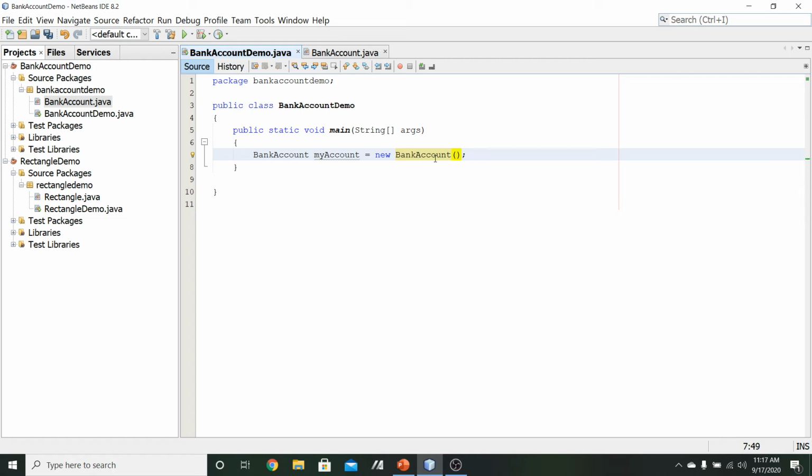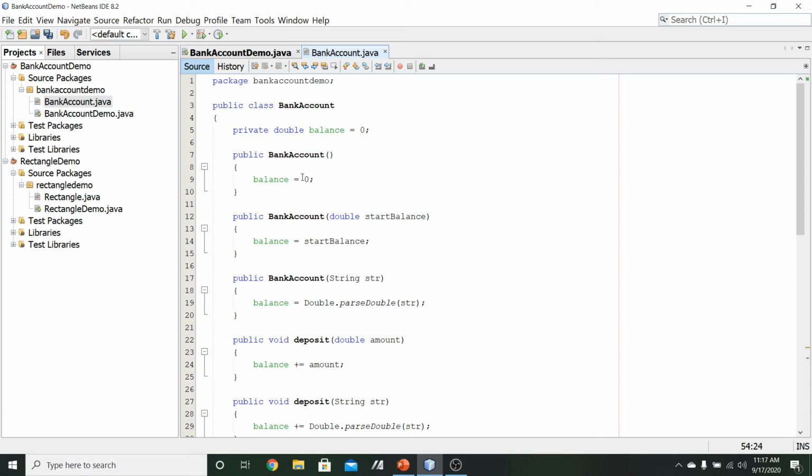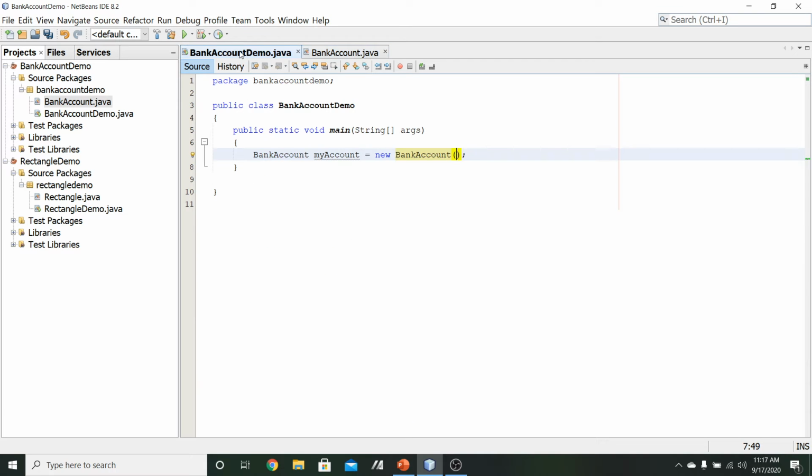And then right here, I could just go ahead and rely on the args constructor. We'll just start it off with this initial balance of 0. I could also go ahead and pass in an amount. So maybe we want to start off with some amount of money initially. Maybe something like, I don't know, let's say $1,000 to start off with. From there, we could go ahead and do things like depositing an amount or withdrawing an amount from this account